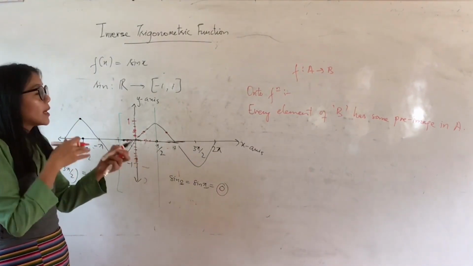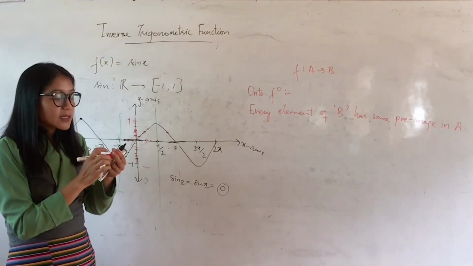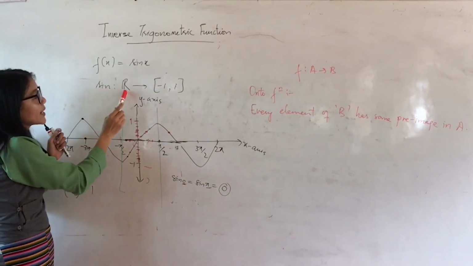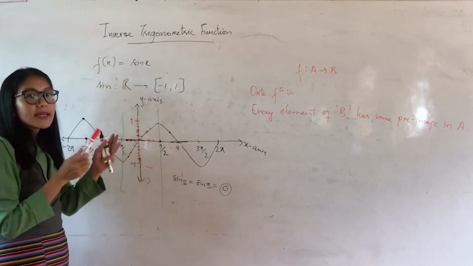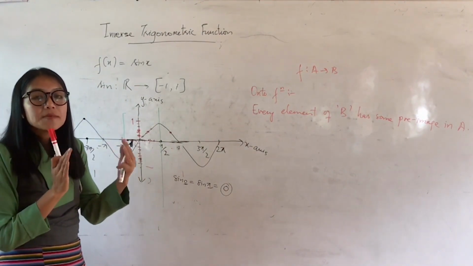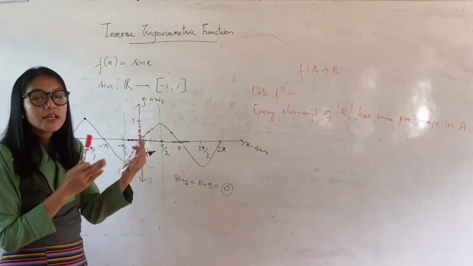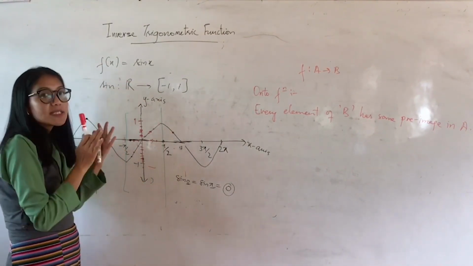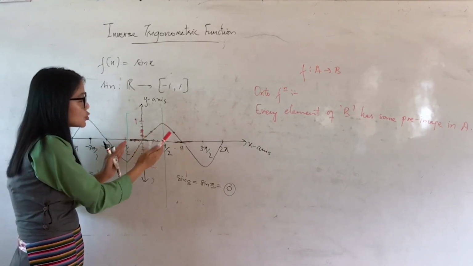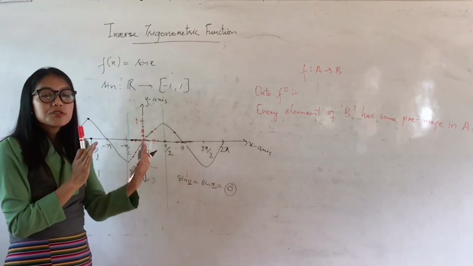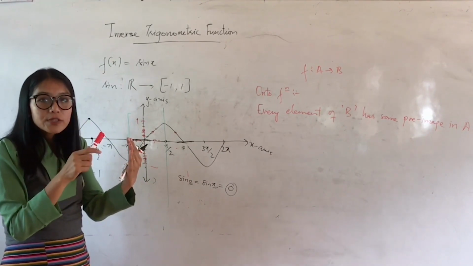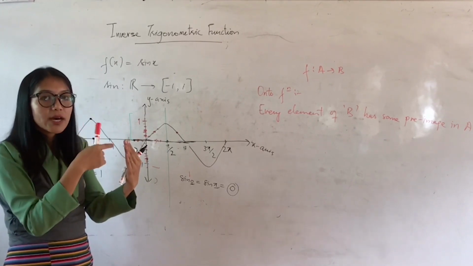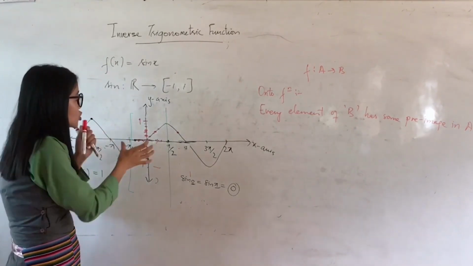So now I'm just repeating the things. When you consider the domain of function sine as the set of all real numbers, then the function does not become bijective, and hence we cannot find the inverse of sine. So instead of taking the set of all real numbers, to find sine inverse I am restricting it into smaller intervals, because in such intervals I can make the function bijective and find the inverse. So this is one interval.